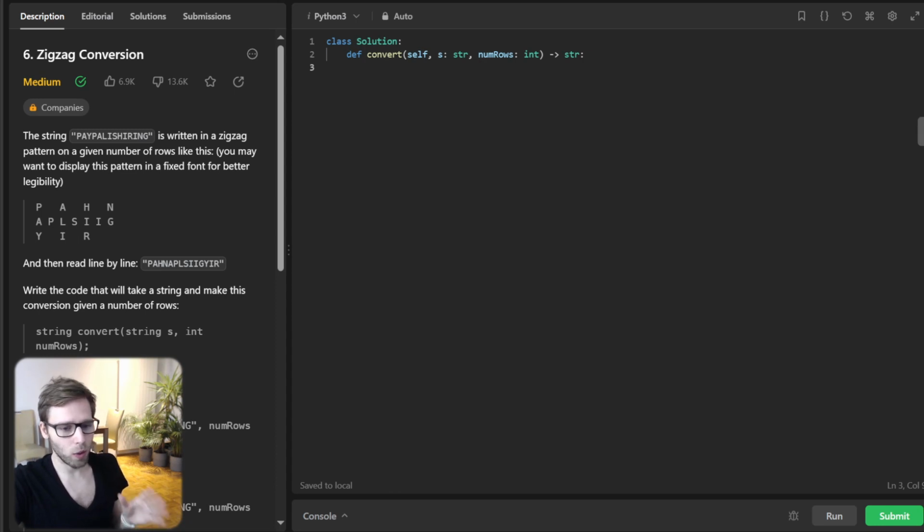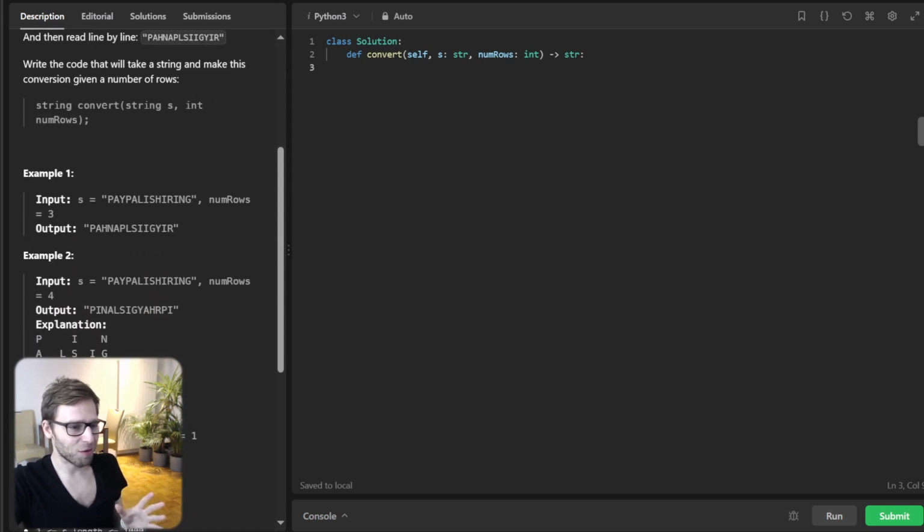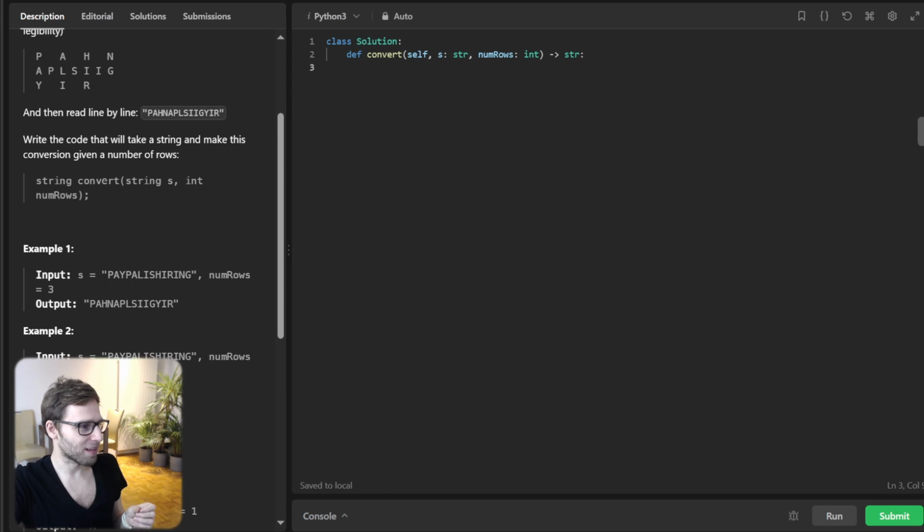Given a string, we need to write it in a zigzag pattern across a specific number of rows. For example, if our string is PAYPALISHIRING, like this, and we are given 3 rows, it will look something like this. So exactly PAYPALISHIRING, but now written in a zigzag pattern. And then we read it line by line to get